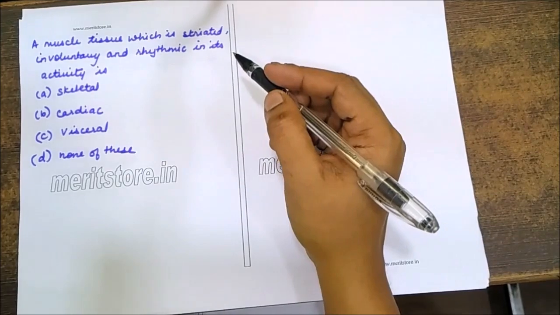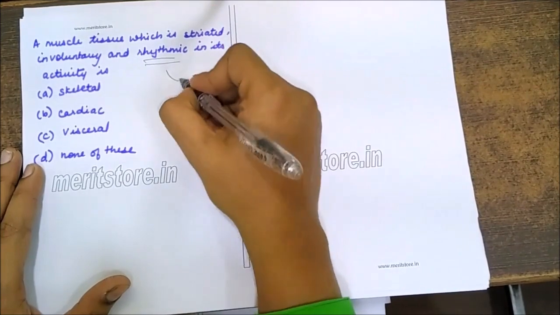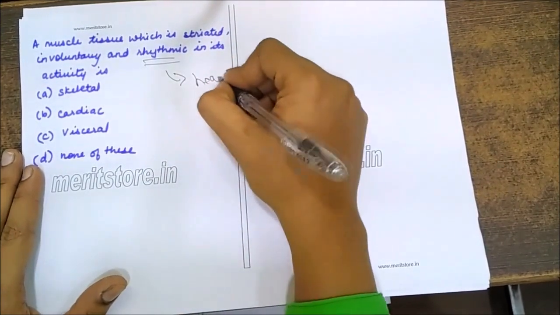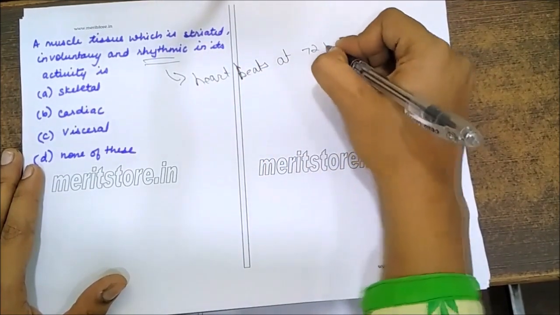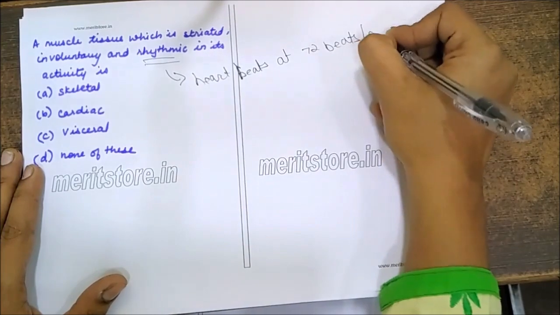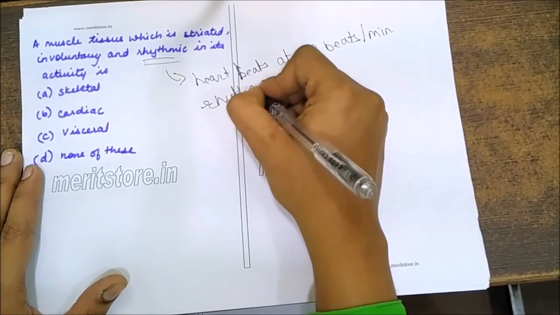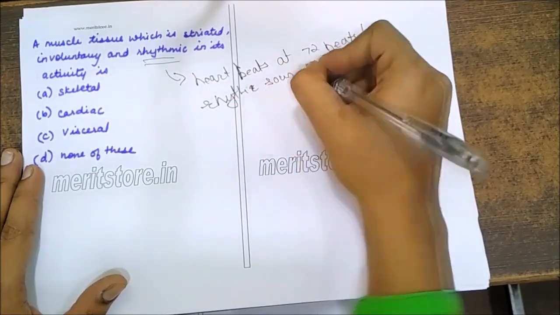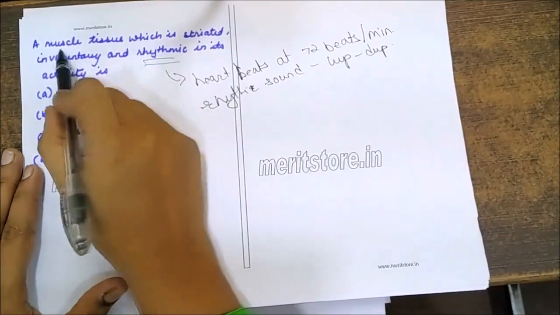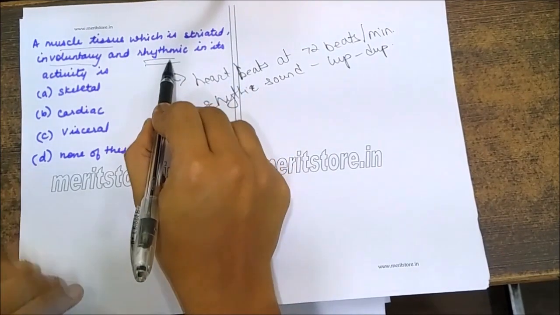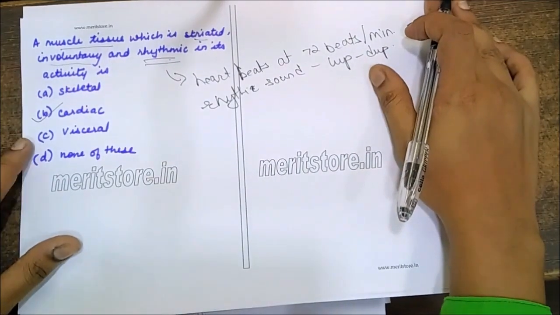A muscle tissue which is striated, involuntary and rhythmic. See, the word rhythmic gives us an important clue. We know our heart beats at 72 beats per minute and it shows a rhythmic sound which is lup dub. Alright, so the muscle tissue which is involuntary as well as rhythmic, and striated, is cardiac muscle. Next,